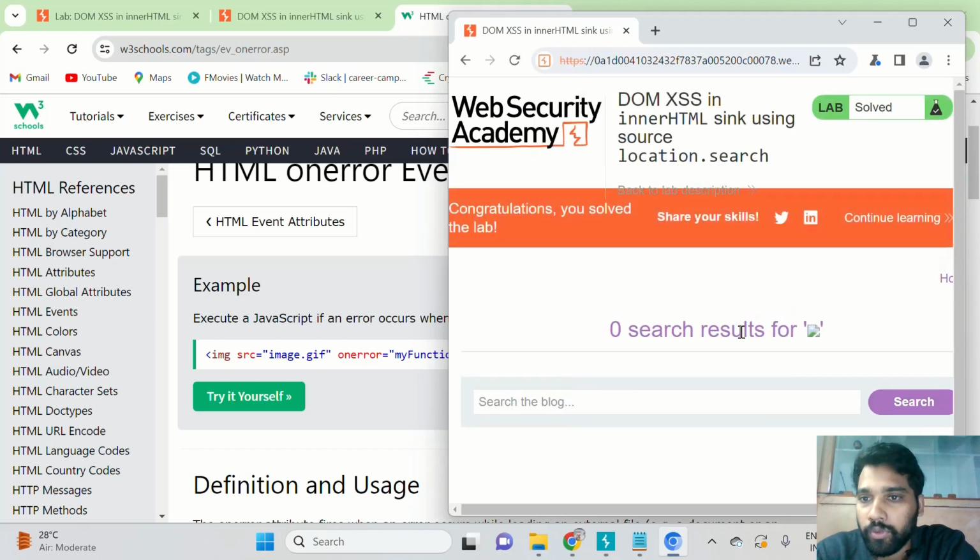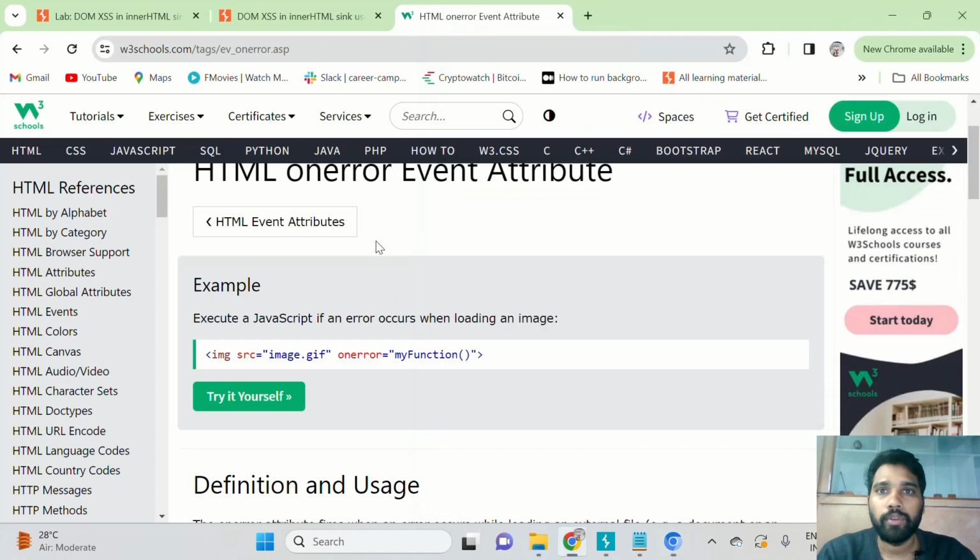So, see here, you can see we added an image tag, right? If we give a correct domain, the image will be rendered here, and the onerror method won't trigger because we gave a correct one. If you want, we can see, type for any image,